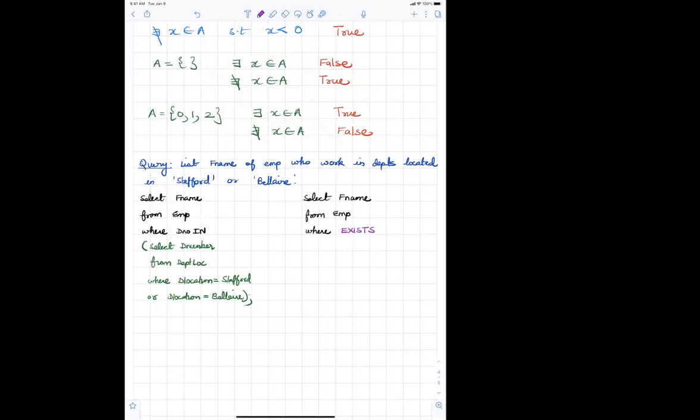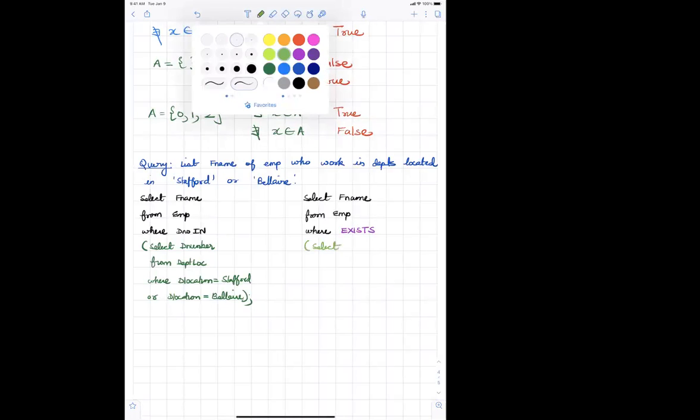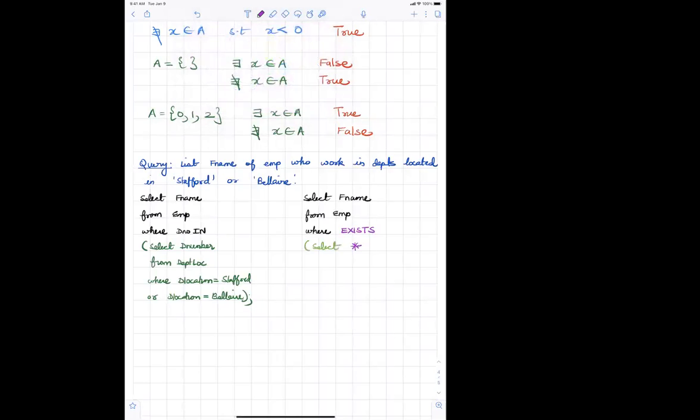And so now I'll write down the query. So select. With exists, where in IN I was doing select Dnumber, you just have to say select star. You don't have to specify anything out here because this is comparing with a set. So select star from department location where